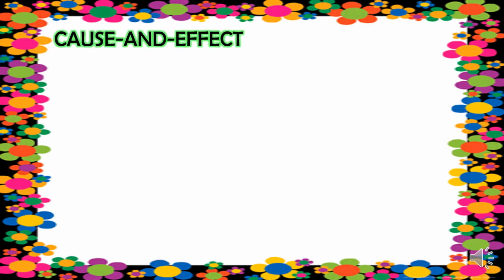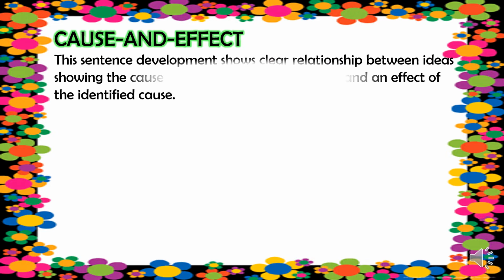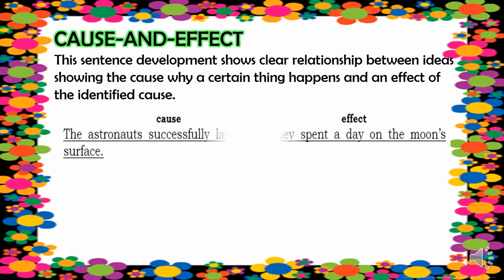Now, what is cause and effect? This sentence development shows clear relationship between ideas, showing the cause why a certain thing happens and an effect of the identified cause. Example, the astronauts successfully landed, so they spent a day on the moon's surface. The cause in this sentence is the astronauts successfully landed, and the effect, they spent a day on the moon's